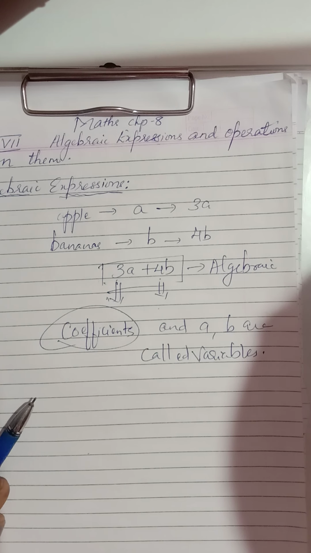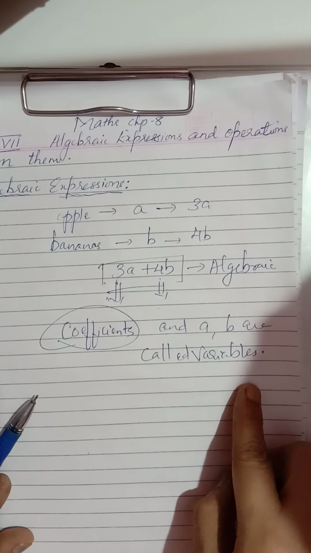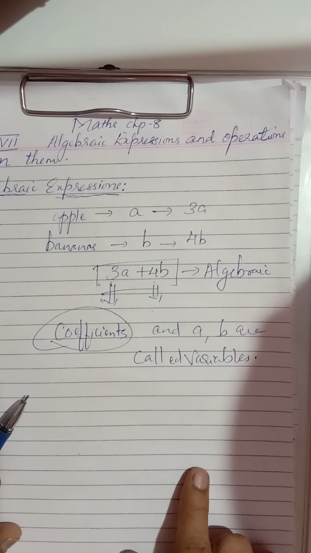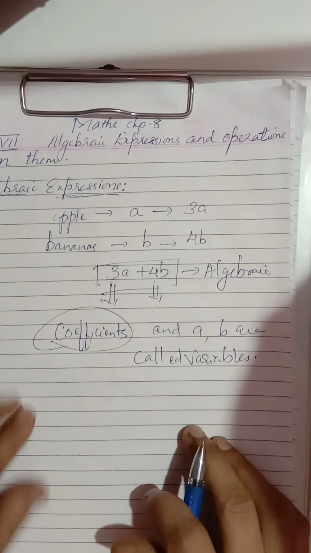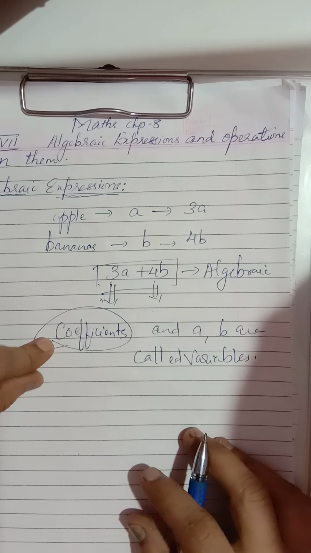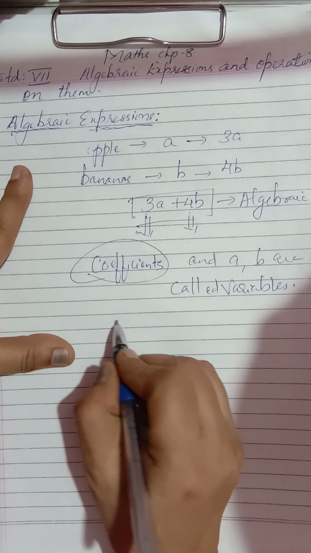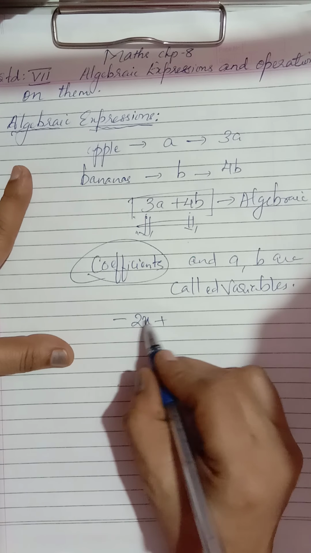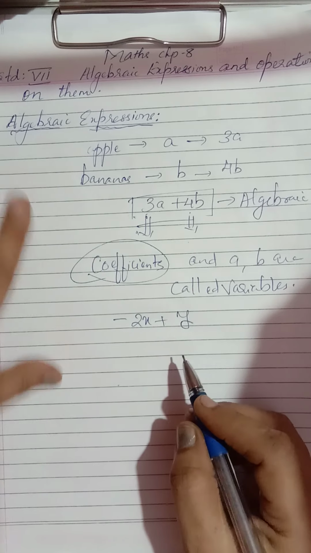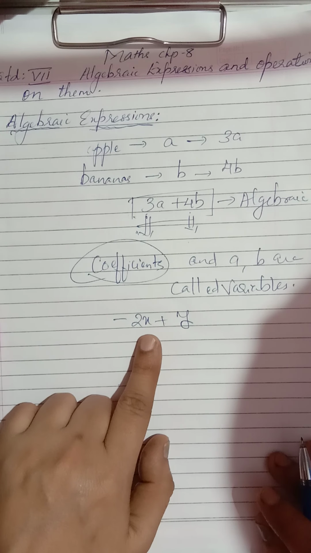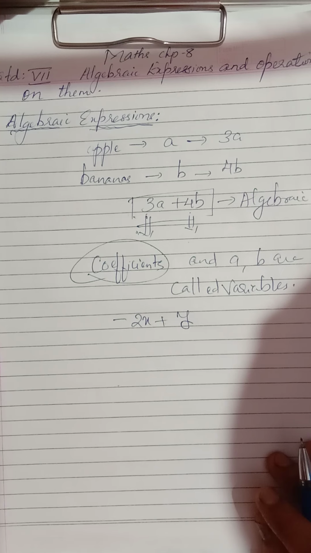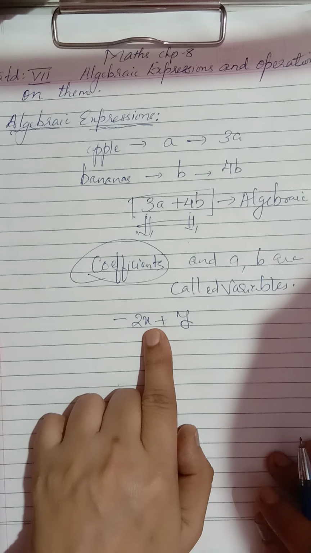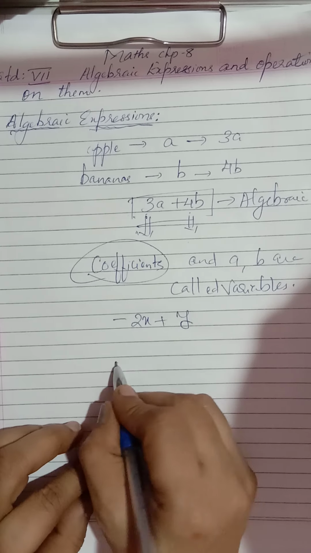So just keep in mind that in maths, when we use letters, these alphabets we don't call alphabets, but we use the term variable, and all the numbers we use we mostly call constants, but the specific term we are going to use is coefficient. Now if I say minus 2x plus y, and I ask what is the coefficient of x? Where is x? X is here. What is the coefficient of x? It will be minus 2.